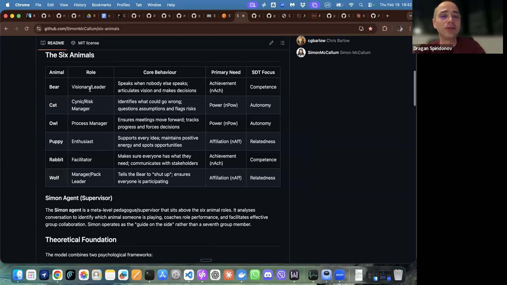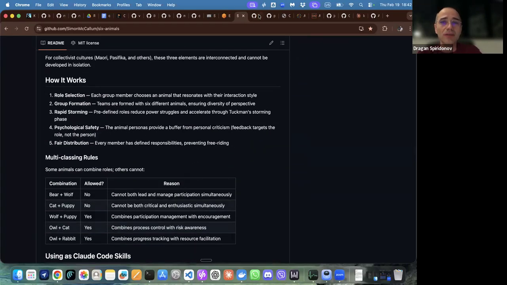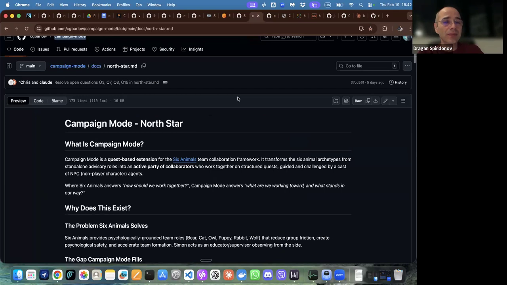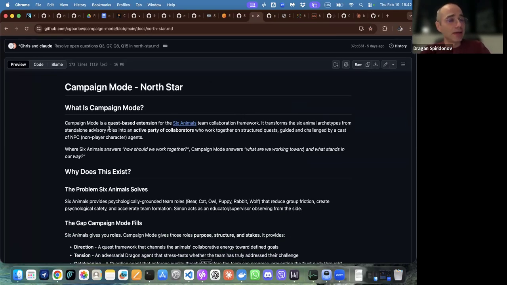I'm mapping this now to the 16 key heads. I like this approach and I will probably try it. Chris built on top of that a campaign mode with gamification, journeys, turning the development into a game mode.